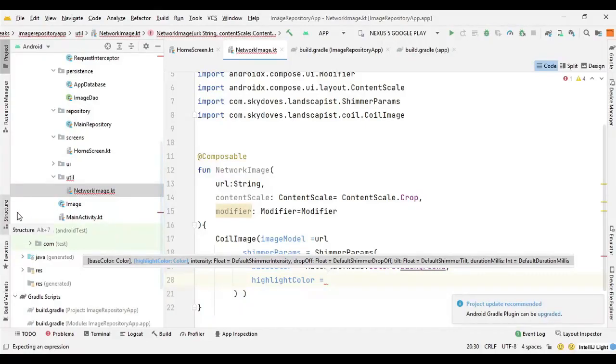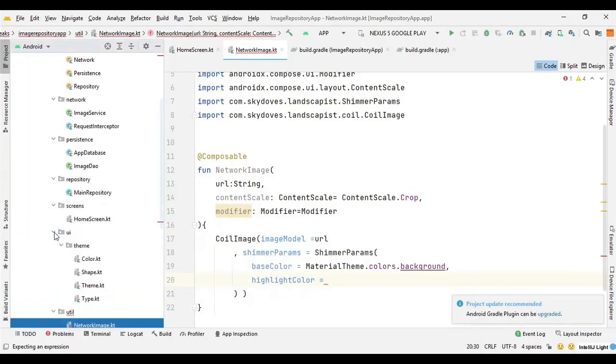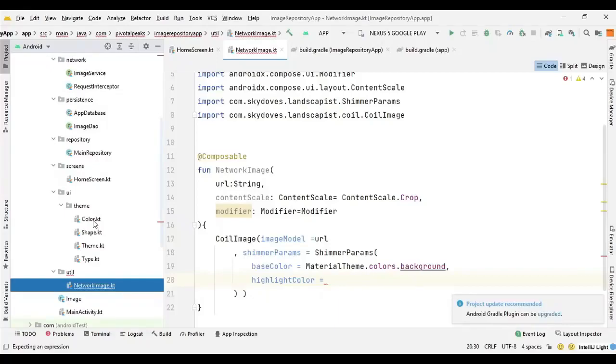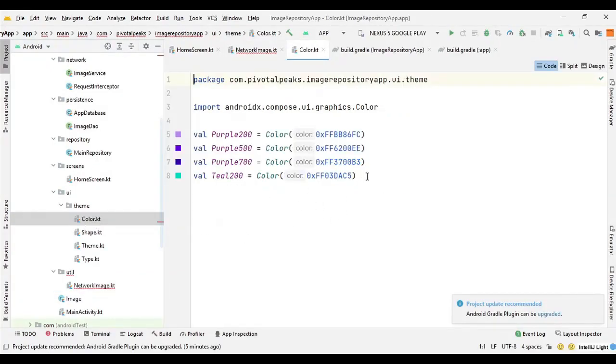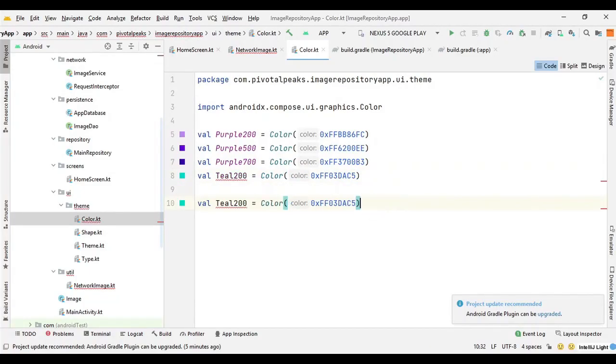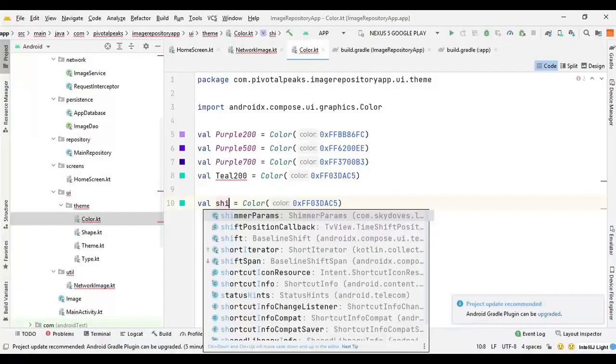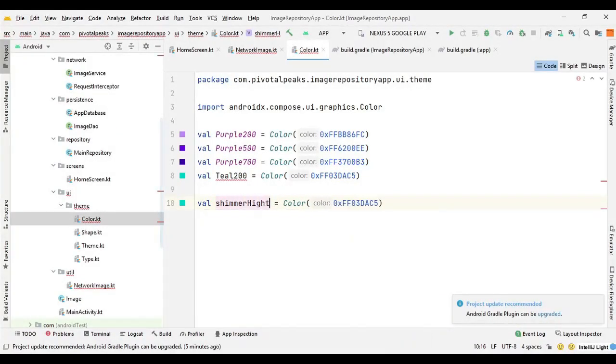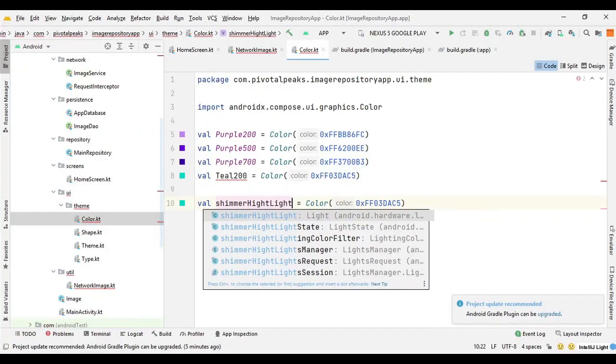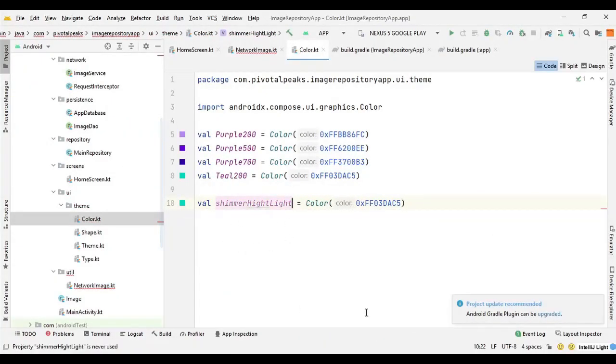highlight. So we can go to our UI package, and here in colors file we can copy this value and paste it, and we can name it shimmer highlight, and we can choose a color from here.